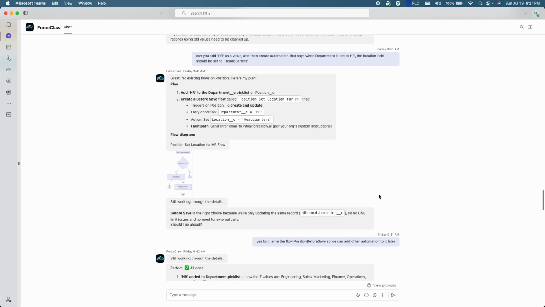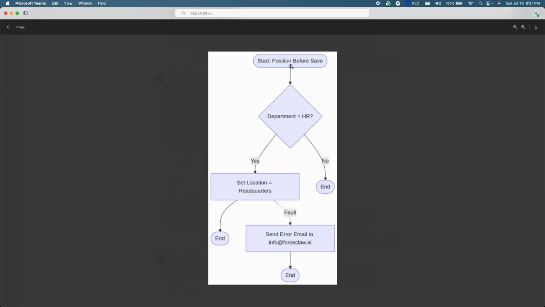It laid out the plan to add HR to the pick list and then to create a before save flow. Because again, we're updating the triggering object, so it makes sense that that would be in a before save. And every time it plans a flow, it generates a diagram and it tells you what the flow is going to do. So it says position before save. It's going to check if the department is HR. If it is, we'll set the location to headquarters. And if there's a fault, it says to send the error email to